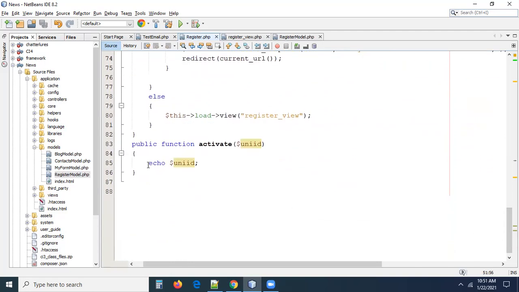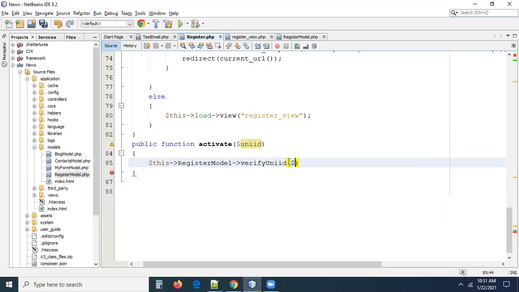Okay, shall I write a query here? Right. So here we have already created a model, guys. Let me get the information. We already have a register model. In this, verify UniID, I'm writing this verify UniID.